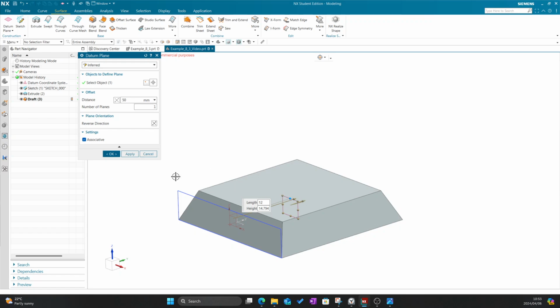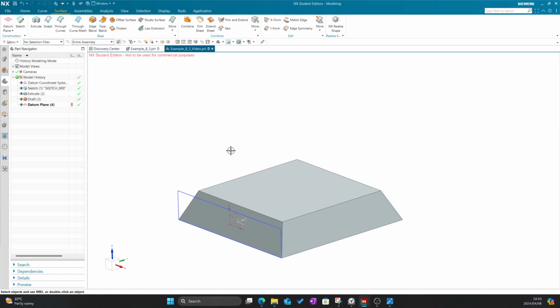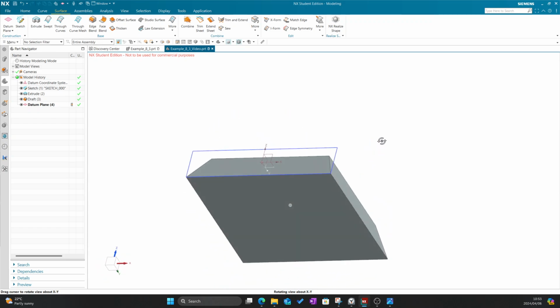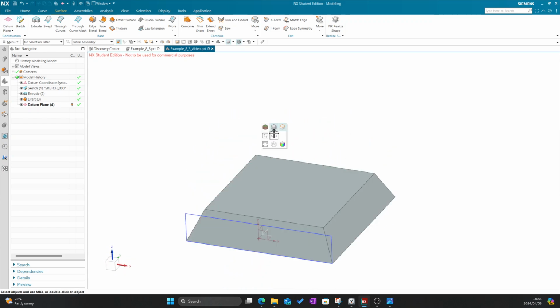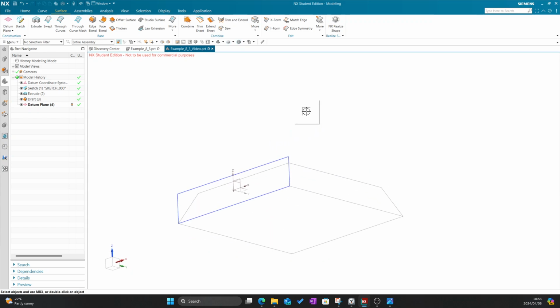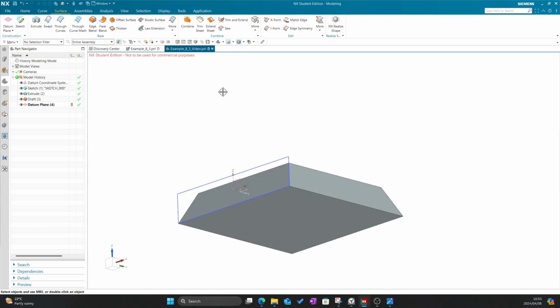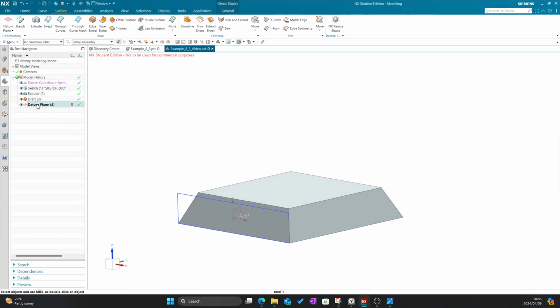So there's my datum plane. If I click OK, now it's gone. I can't see it because it's inside the model. So if you go to a wireframe, okay, it doesn't show there also. But it is there. If you click on that,